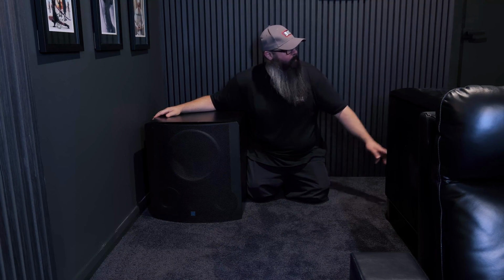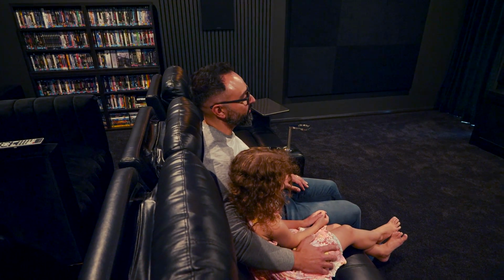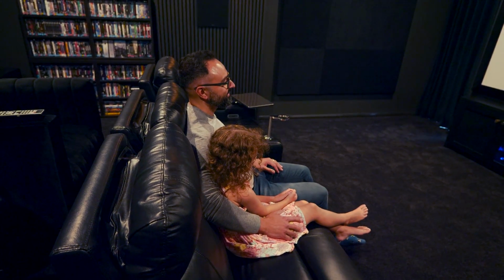He's got 2 of them. He's got one on that side and one on this side, and having bass in all 4 corners really helps to even out the response in the room. You get a nice punch in the back. So yeah,